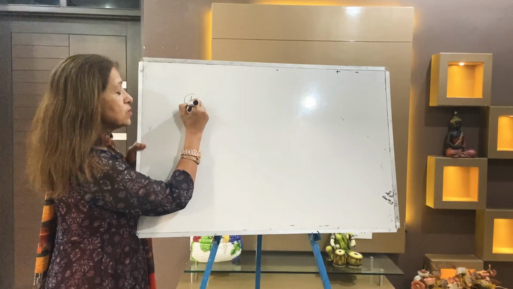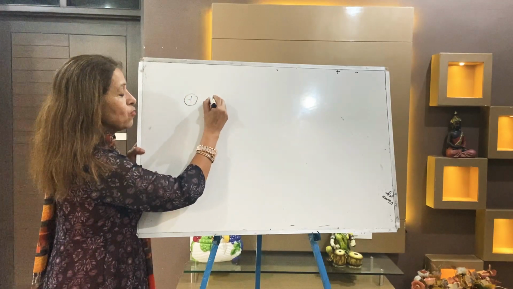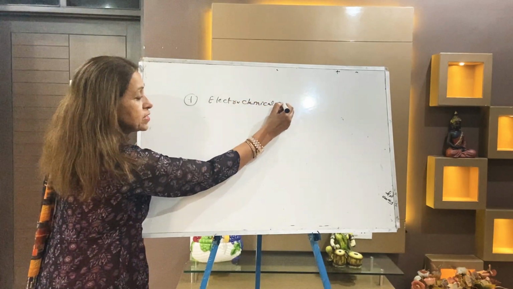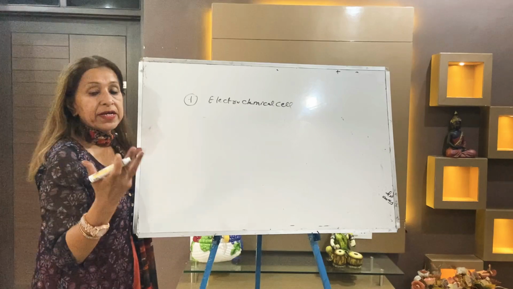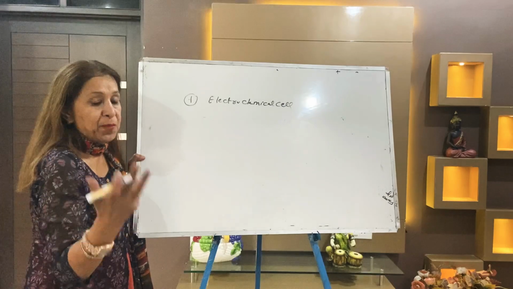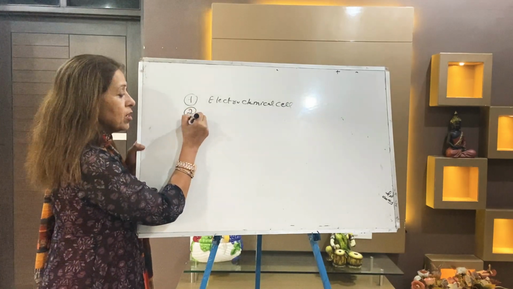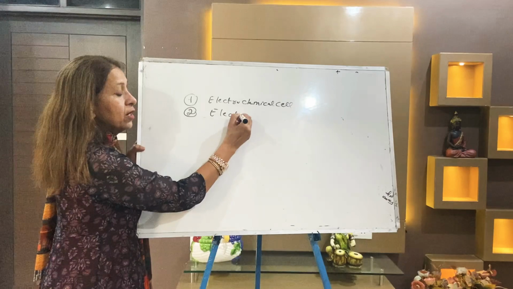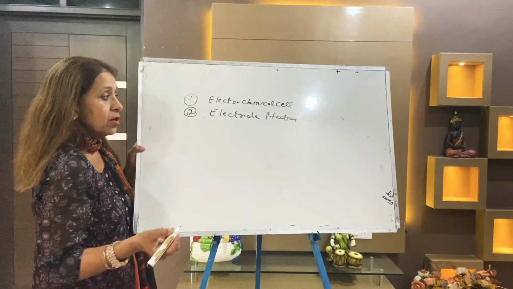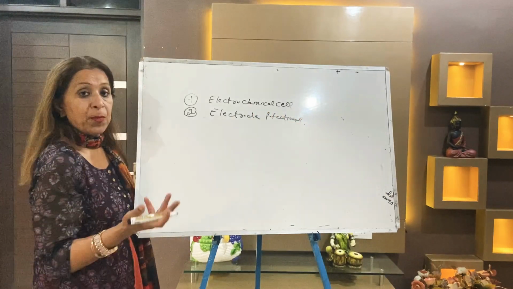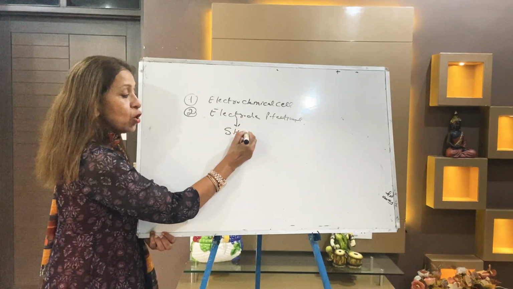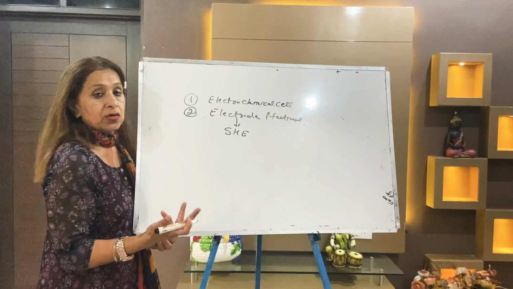Now I am taking your first topic. The first topic was the electrochemical cell. Write along with me. It was the first topic where we discussed the galvanic cell: why the anode is negative, why the cathode is positive, and what the function of the salt bridge is. And the second topic we covered was electrode potential. There are two types of potential: reduction and oxidation potential. In the same topic we studied SHE, the standard hydrogen electrode.